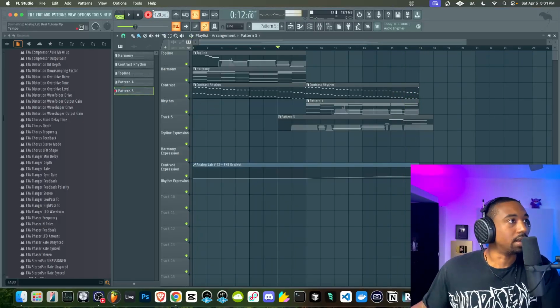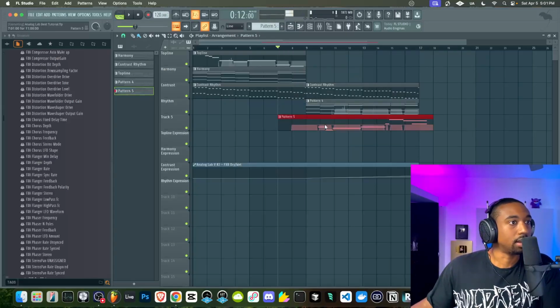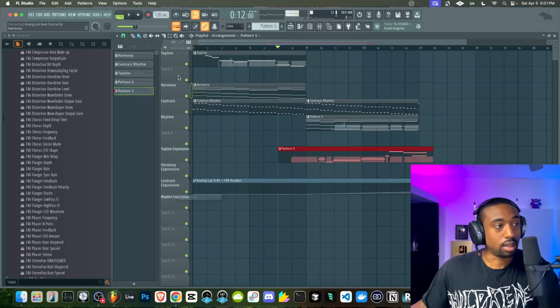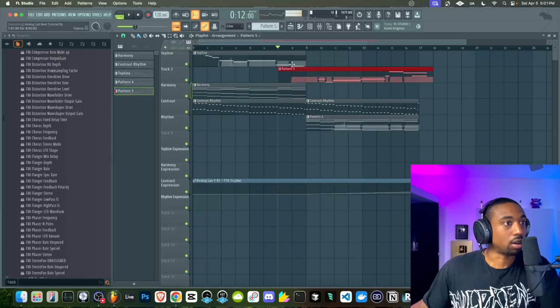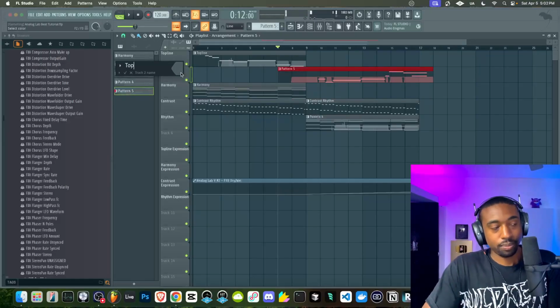So now we have that same slow kind of vibe for the top line added inside. I'm going to move this down to top line. Actually, let's just insert a channel here. Boom. I'm not going to overlap these because it'll mess up the pitch values there.